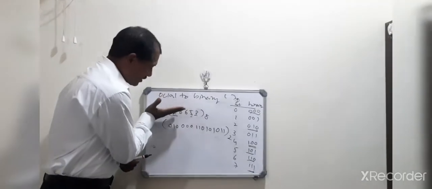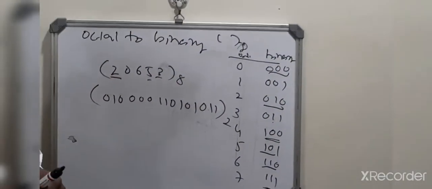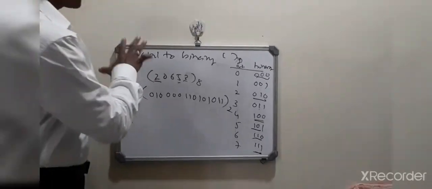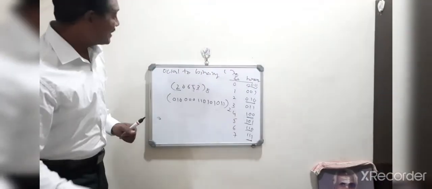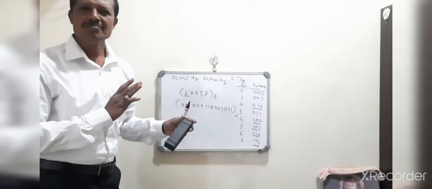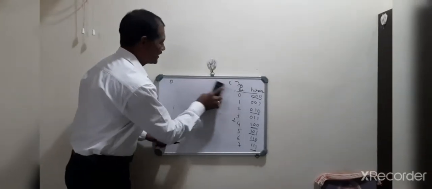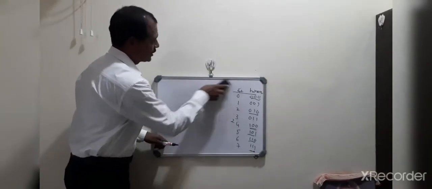So in any digital system, if you are given an octal number, convert it into a binary number. This is digital data, and the data can be stored like that. Once you understand how to convert octal to binary, if you want to convert binary to octal, take the reverse procedure. Now we can understand how to convert binary to octal.